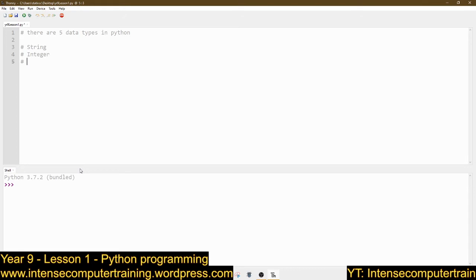Another one is called a float or a real. We can call them reals. Another one is a boolean. Now I'm going to do one which is not in Python, but it is in every other programming language, and it's the char or the character. So I'm going to explain how all of them work, and we're going to make our own little program out of it.